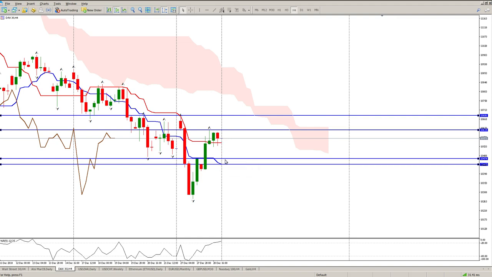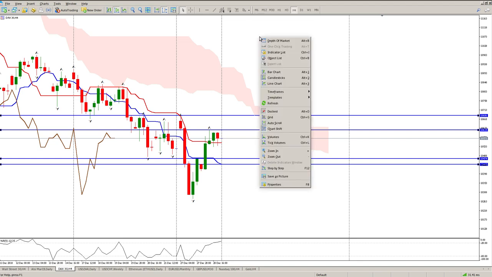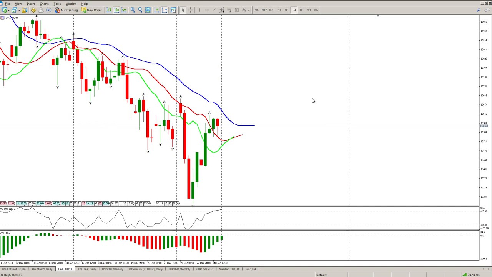It could just be to come and test these levels here of 10,474 or 10,445, but my bias right now is definitely to the short side. So that's what I'll be looking for. Okay, so